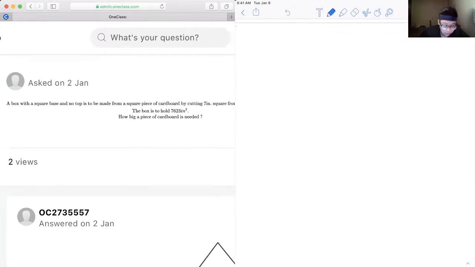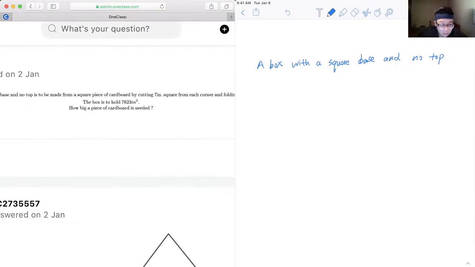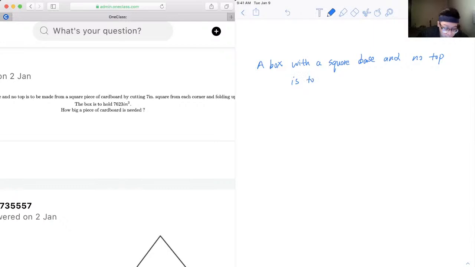Okay, so next question. We have a box with a square base and no top. It's to be made from a square piece of cardboard by cutting